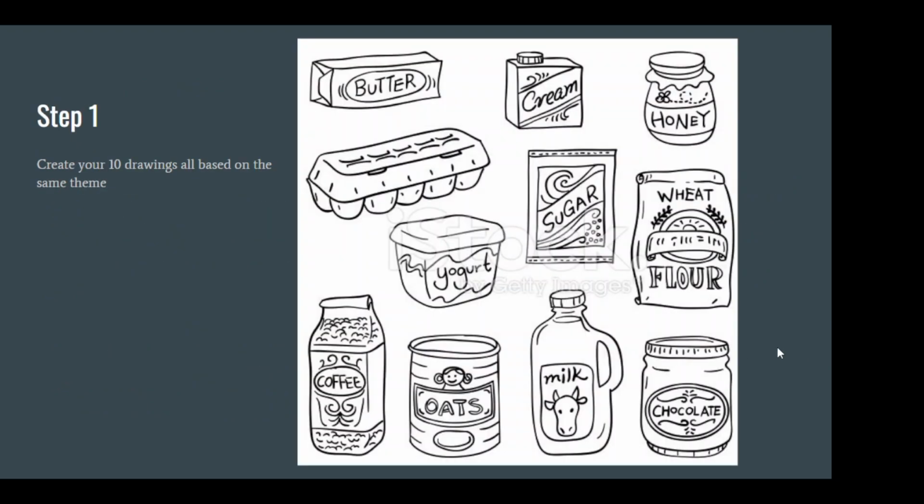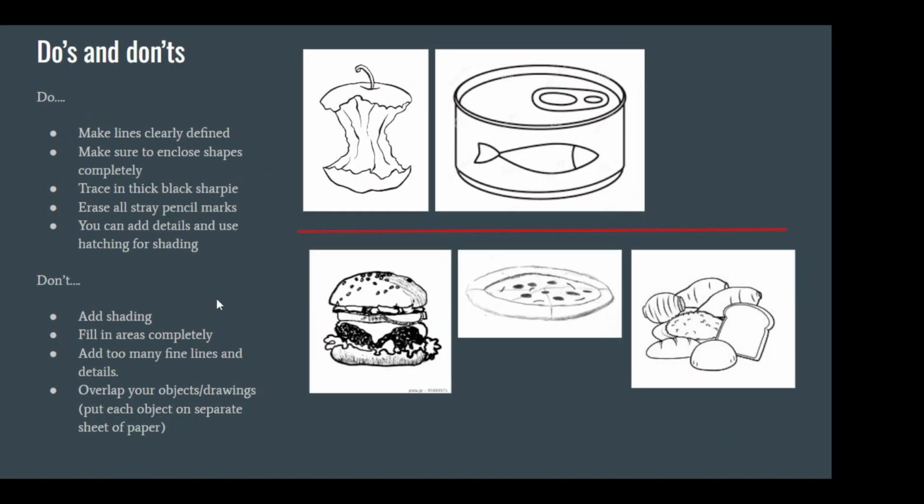So the first step is what you're going to do after you're done with this video, which is you are going to draw 10 individual drawings that are part of your theme that you can use for your stickers. Each of these drawings needs to be on its own individual piece of paper, and it has to be white copy paper or white drawing paper. It cannot be lined paper. Okay, so let's talk a little bit more about these drawings.